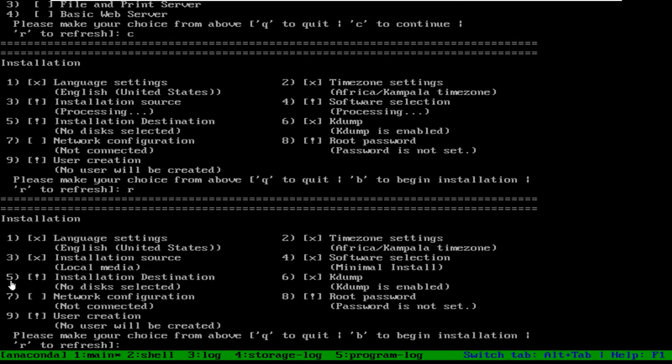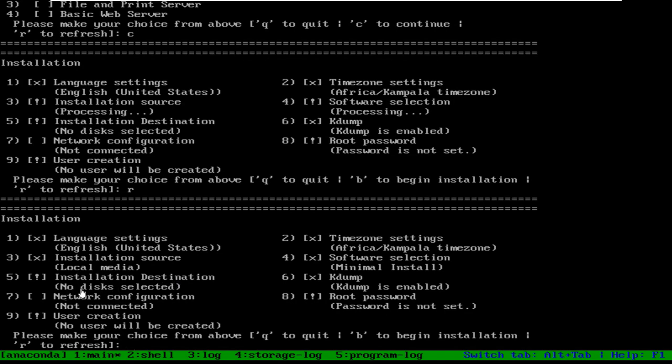Now number 5. What is number 5? It needs the installation destination to be selected. Right now it is saying no disk selected. Destination means that when we install any operating system on a machine, it will go and install it on your hard disk. So it is saying select the installation destination, that is the hard disk.